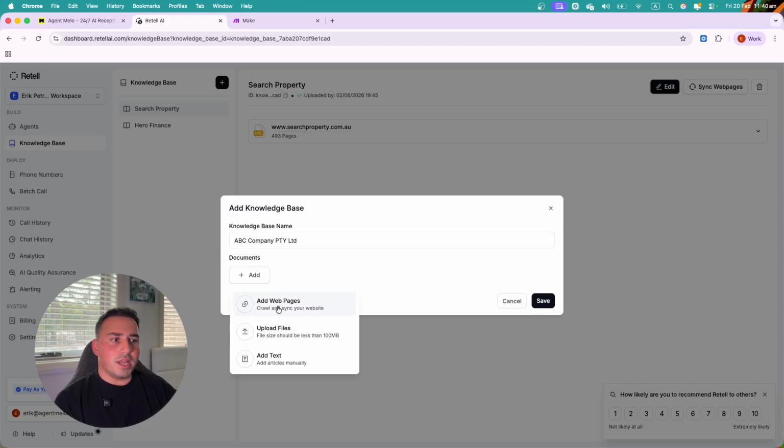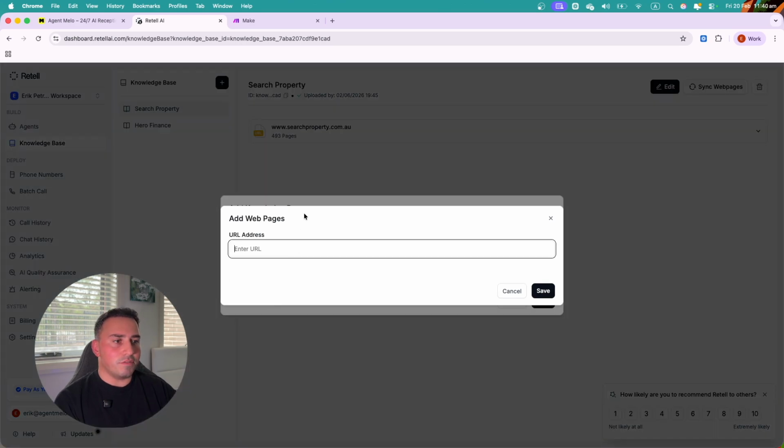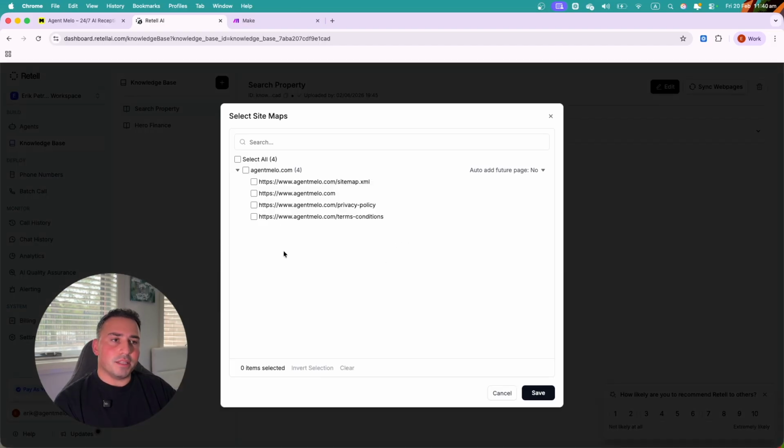In the documents, we can actually add a web page. We can upload files up to 100 megabytes, and we can add manual text. Now, I love the web pages, right? Let's say if you're any business that offers a catalog of services or products, and let's say you keep it live and consistent, like a Shopify store or something like that. Let's say I'll apply my personal website, right? So https agentmellow.com. You'll see it's basically looking for the sitemaps, and it'll find all the different links connected to your particular